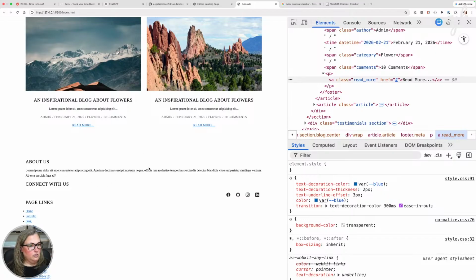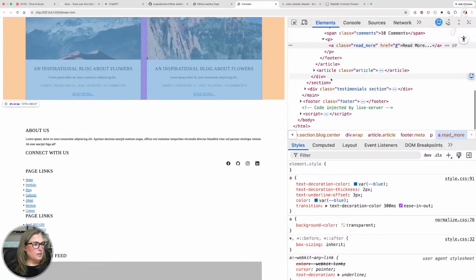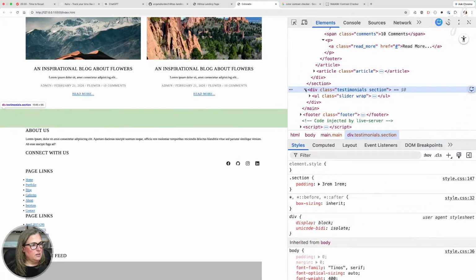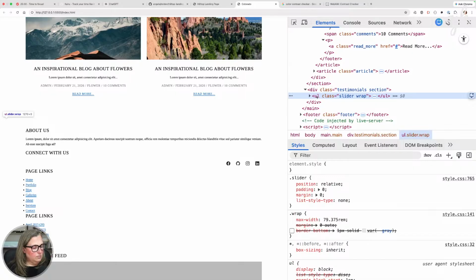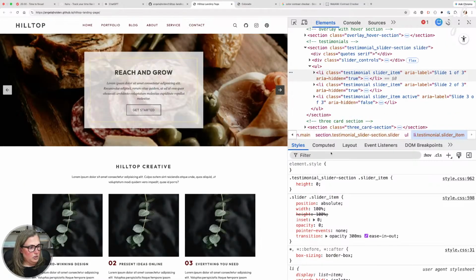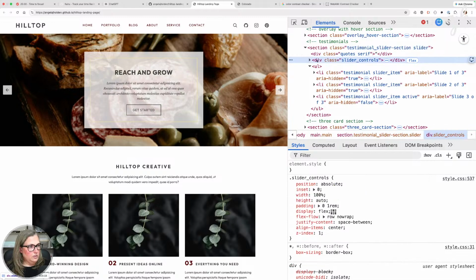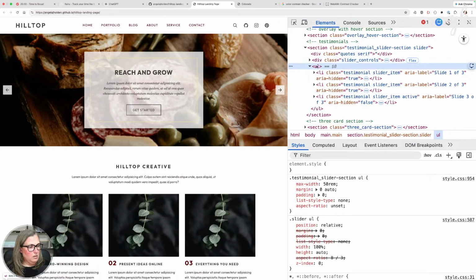So here's, I don't know if I can see it right now or not. There it is. No, we can't see it at all. So what else are we? Here's the section. There's the slider controls. There's the UL.